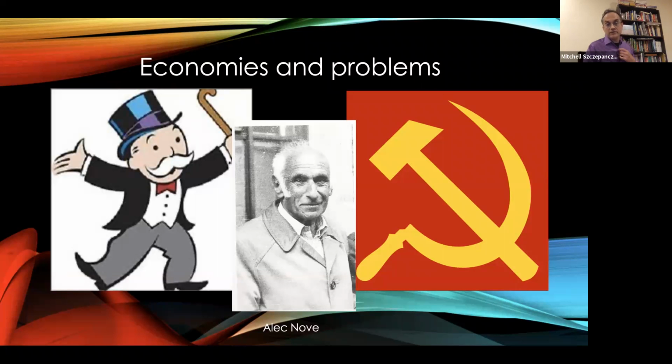The gentleman you're seeing a picture of was born with the name Alexander Novakovsky in St. Petersburg, but migrated to the West, settled and taught at the University of Glasgow, and took on the anglicized name Alec Nove. He was an economist, also a scholar of the economy of the Soviet Union, arguably the leading scholar in the world regarding the economy of the old Soviet Union. And it was in